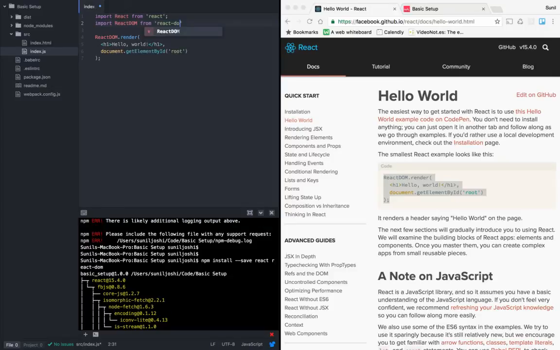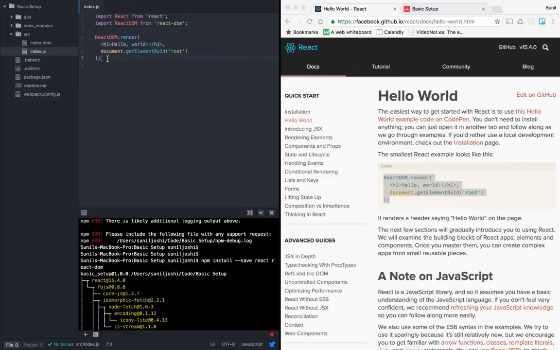Now, one more thing. Let me explain what this is. From this library, it is going to invoke a method called render. And yes, it's very strange to look at right now as a beginner to React. We are writing some HTML inside a JS file, right?